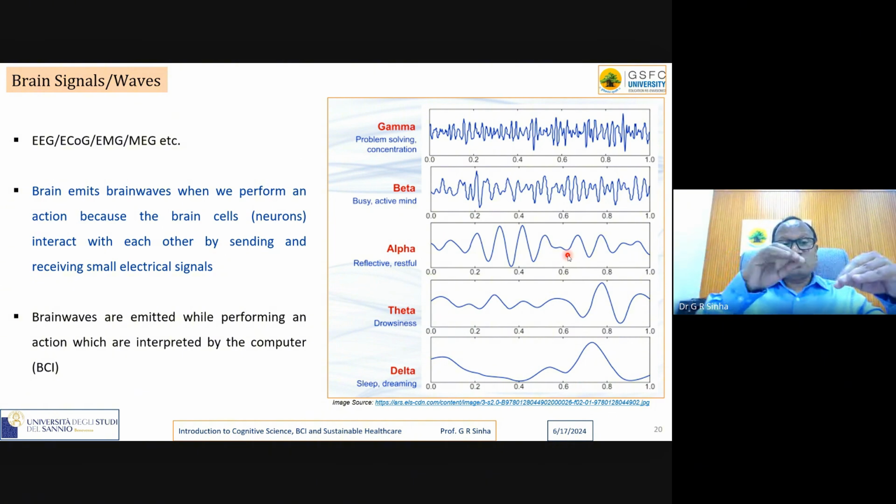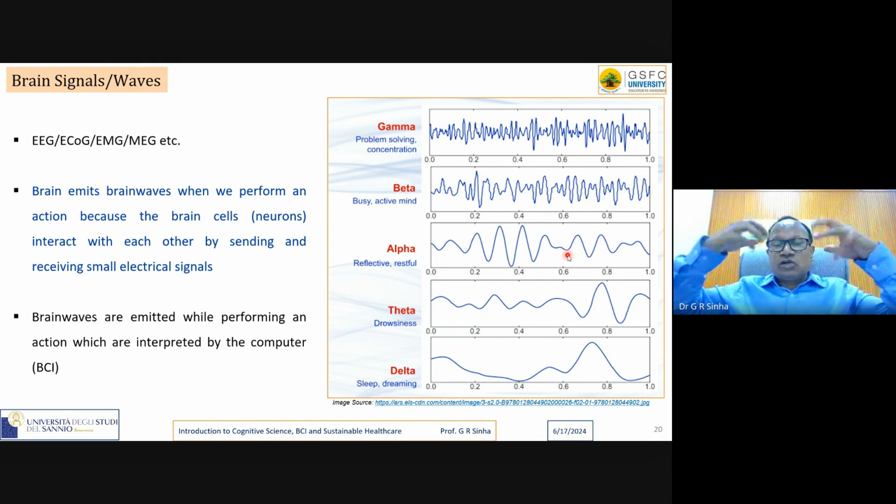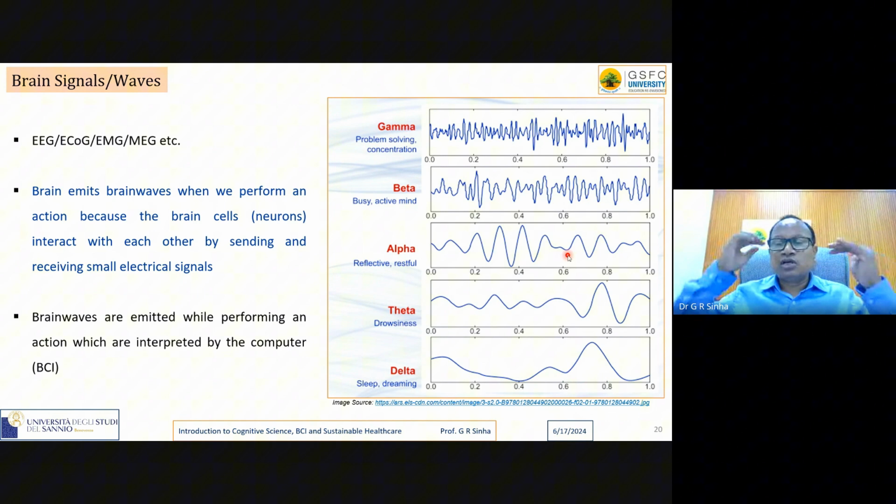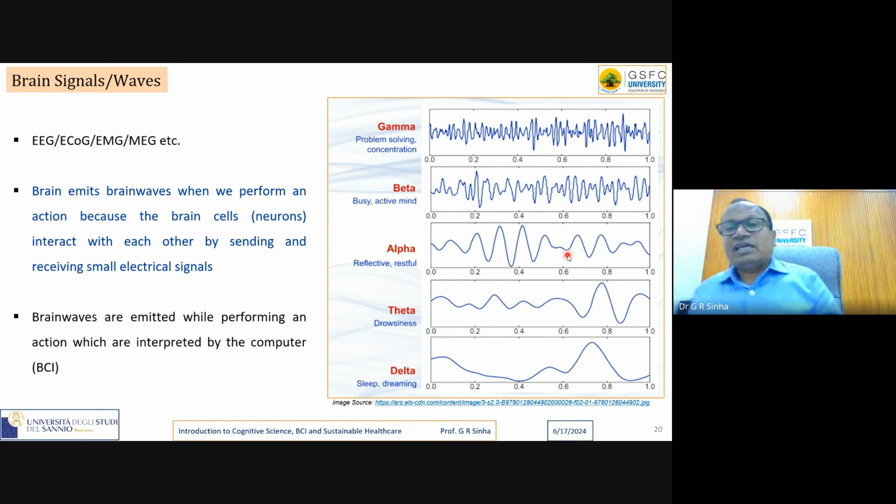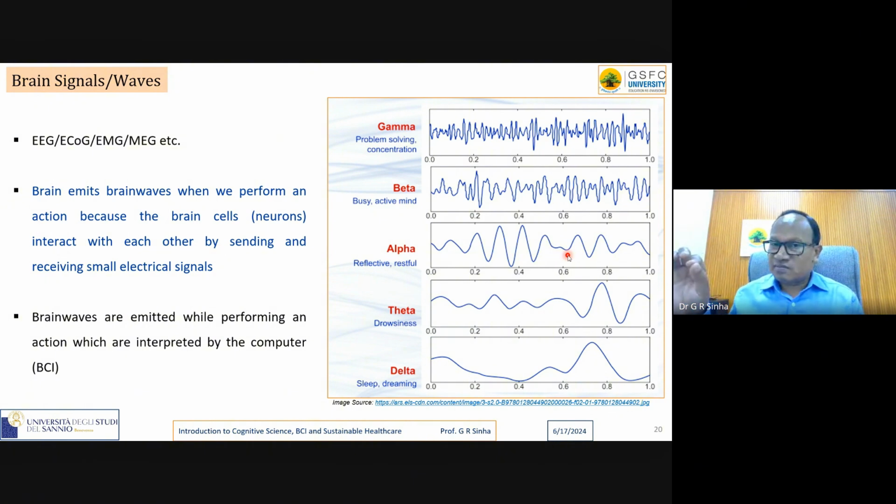With time, you just capture the EEG signal. You are thinking, you are crying, you are laughing, you are changing your mood. Those activities result in different amounts of electrical potentials, and those potentials are recorded. And that record is called EEG, and that EEG is electroencephalograph. It is in the range of 1 hertz to 100 hertz. I repeat, EEG signals are in the range of 1 hertz to 100 hertz.